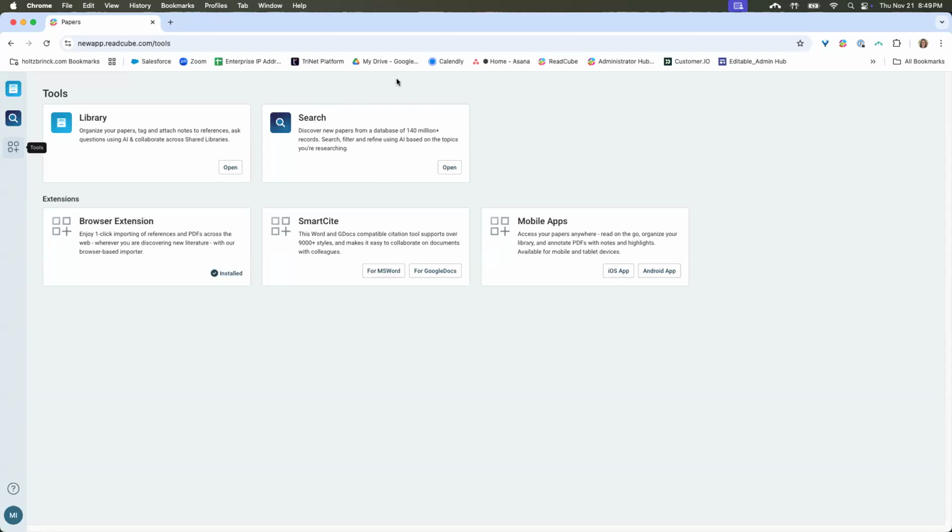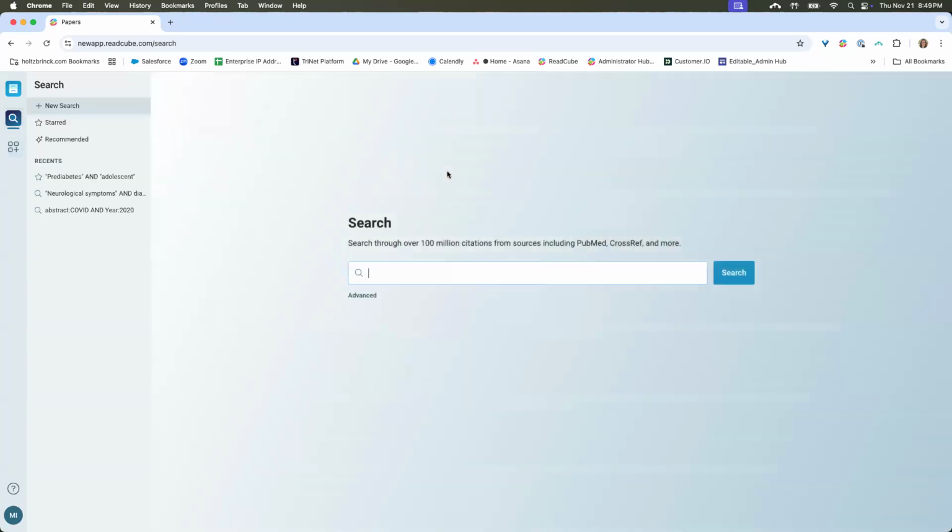Now from here, we're going to go ahead and navigate over to the search module. You could easily just click on the search here or select this open. Now this is going to be hopefully a tool that you're familiar with. It's our database of over 100 million citations from a variety of resources like PubMed, Crossref, as well as direct publisher feeds. From here, I could just jump right in and go ahead and enter my query, or I have